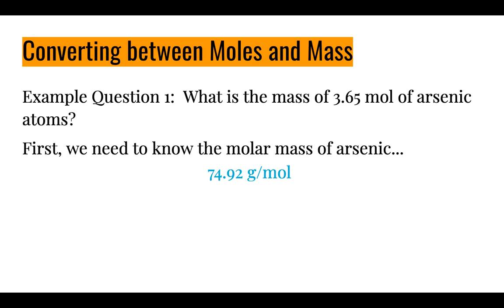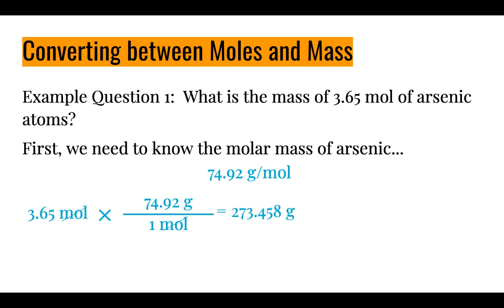Now, just like we've been doing with previous calculations, we start with the number given in the question, 3.65 moles, and then multiply by the conversion factor from the molar mass. In this case, we're trying to find the mass, so 74.92 grams will go on the top and 1 mole on the bottom, so that moles will cancel. So then you do 3.65 times 74.92, and you get